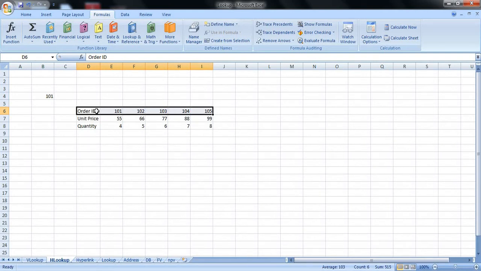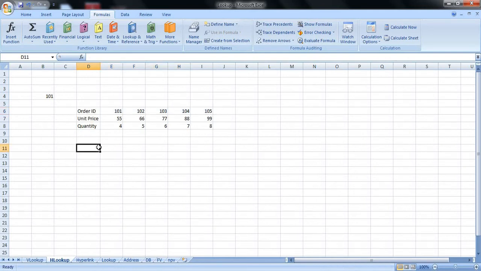HLOOKUP stands for horizontal lookup. The result, the principle and the purpose are the same, to search or to extract a referenced or connected value. But in case of VLOOKUP, if the first column is your reference, then go for VLOOKUP. And if you have your reference point at the first row, then go for HLOOKUP.